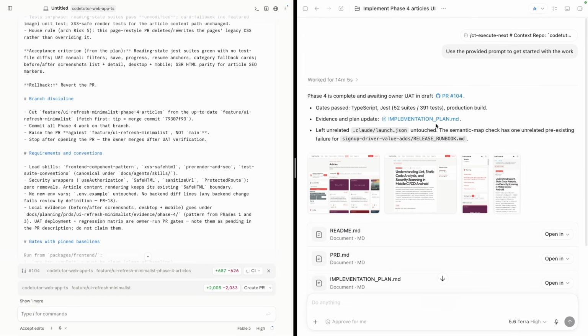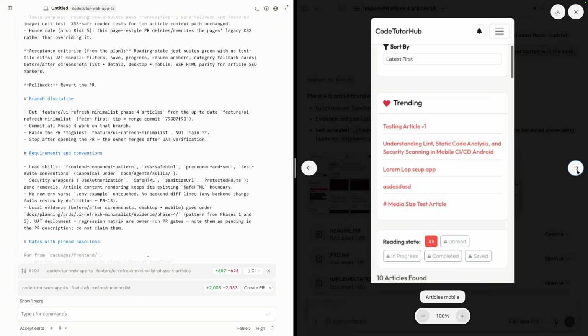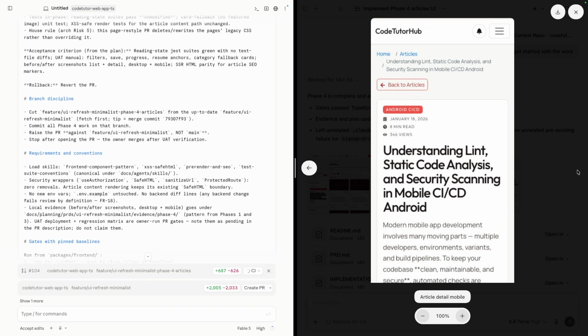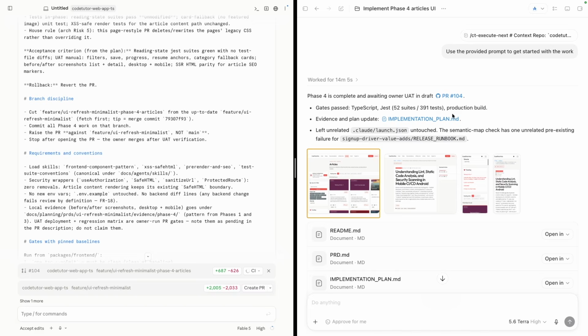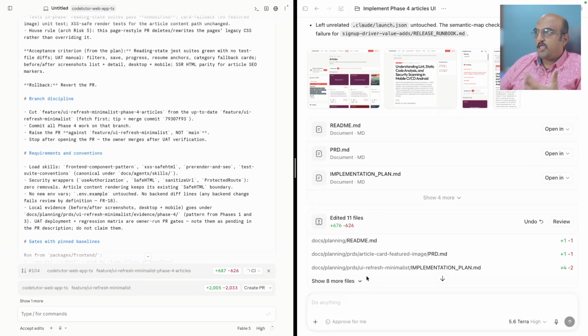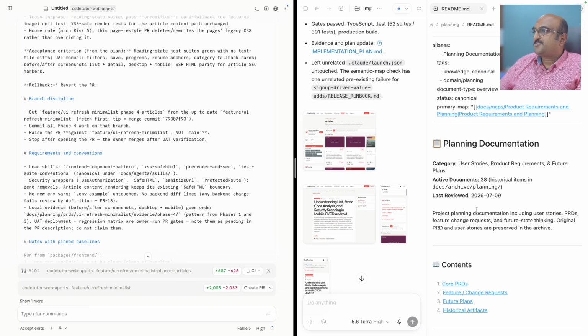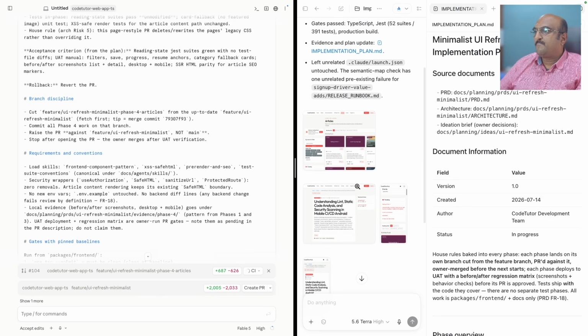So it looks like it has done its implementation, and it is also showing how the screenshot actually looks. Yeah, this is good. The way the skill has been written, it also does the verification. It doesn't just do the implementation. It takes the screenshot and checks what the newly designed screens actually look like, and then it updates the PRD and the implementation plan.